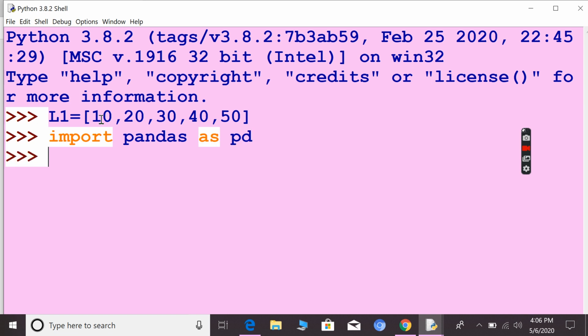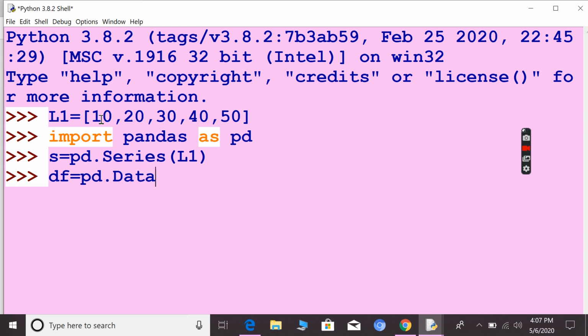Now you say that ys is equal to pd.Series of this particular L1. Now if you want to pass this into a data frame, df is the data frame, pd.DataFrame, F will be caps, and then you pass this ys. That's it. Now print df.